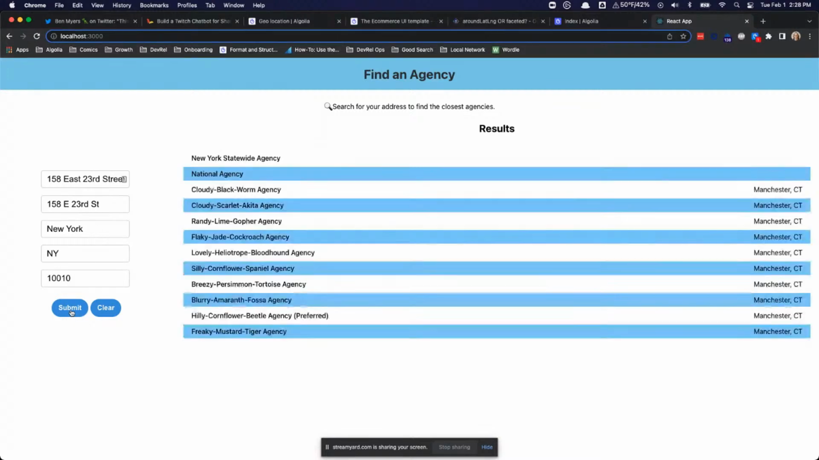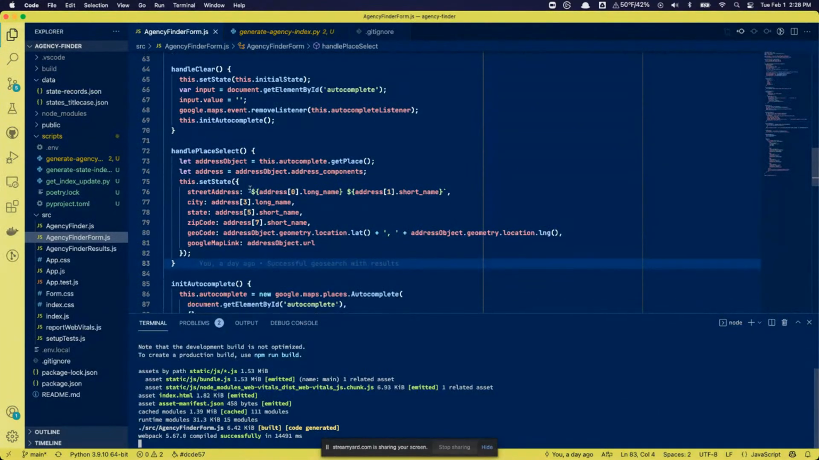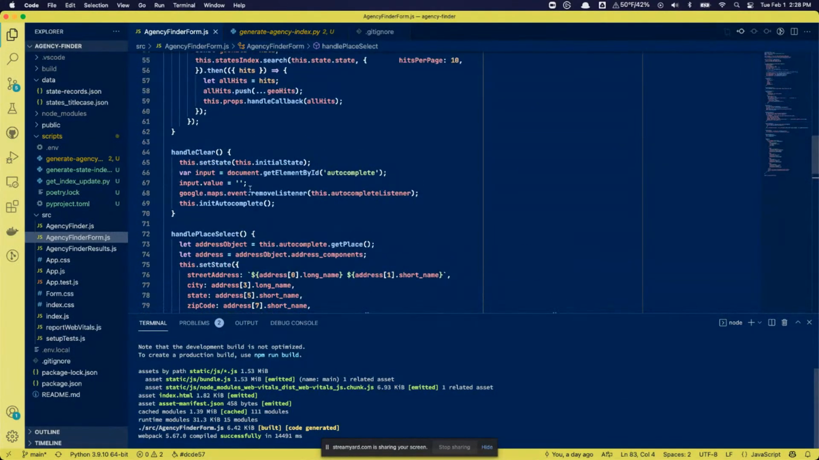And we'll go ahead and submit it. And you can see what I'm doing is I'm getting results back here. I've got a mix of geographic. Looks like I don't have any place in New York, but here's a bunch in Connecticut. And then I can get my New York agency and my national agency. The way I ended up doing this was basically by setting up an auto submit event